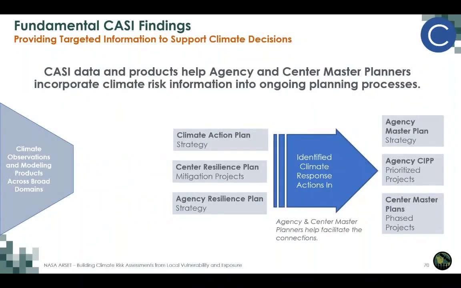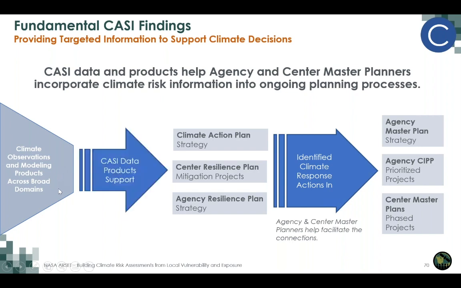As a whole, CASI is helping to provide targeted information to support climate decisions. CASI data and products are helping agency and center master planners incorporate climate risk information into ongoing planning processes. CASI is helping the agency understand the broad array of climate observations and modeling products that currently exist across broad domains, helping to translate those into CASI data, products, and support at the center level so that they can inform